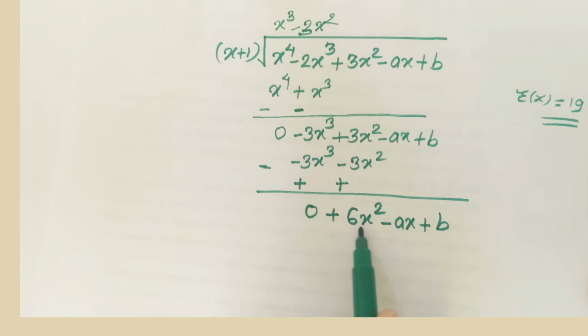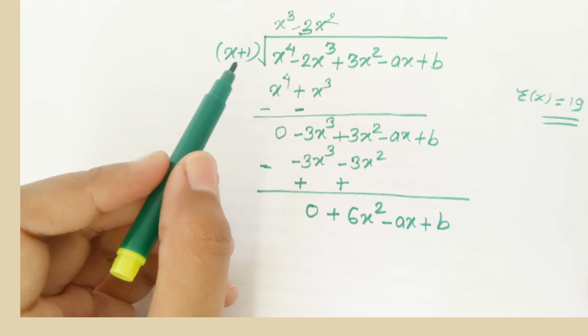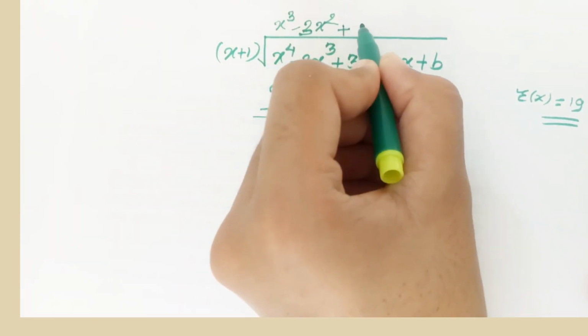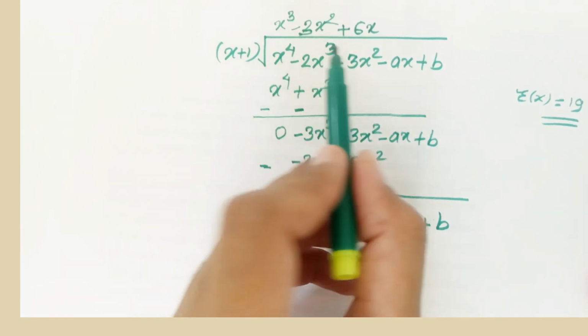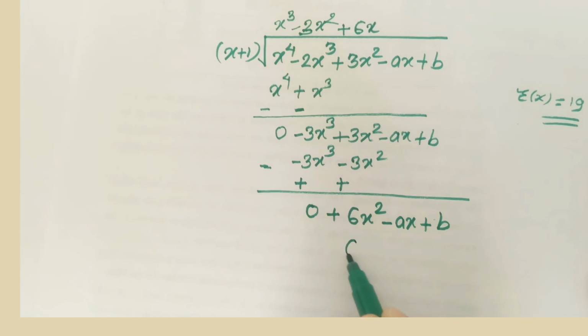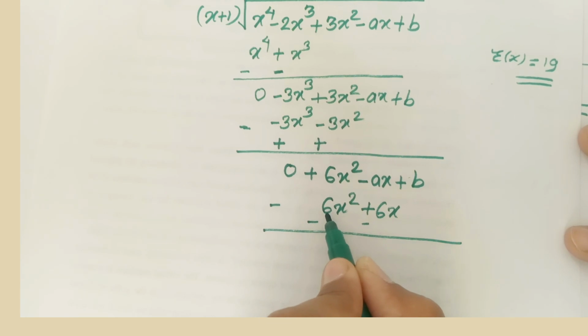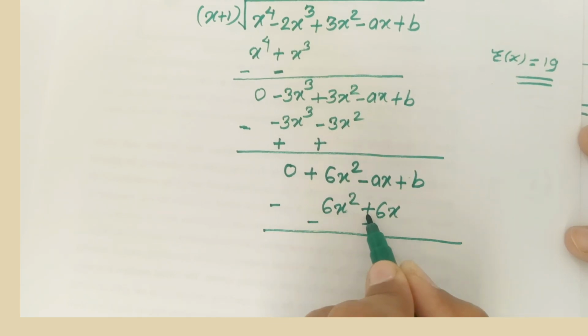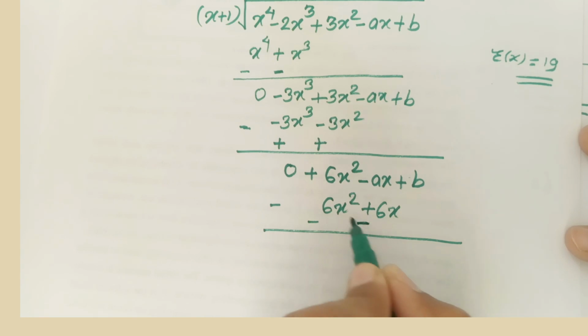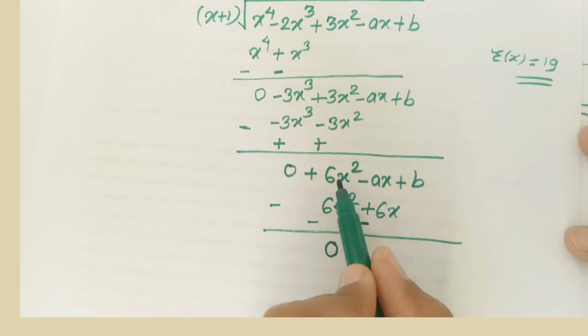Now here the first term is 6x square and here it is x. So you have to multiply this term by 6x and therefore add here 6x. So multiply this 6x to this polynomial x plus 1, we get 6x square plus 6x, and subtract this term. Here if we are subtracting, then this term is plus, that's why we get minus. Here it is again plus, so minus into plus is minus.